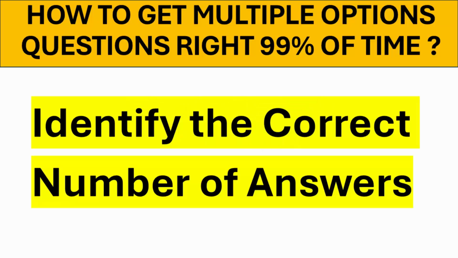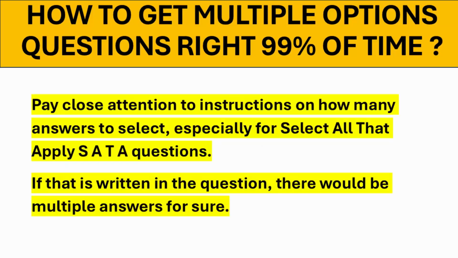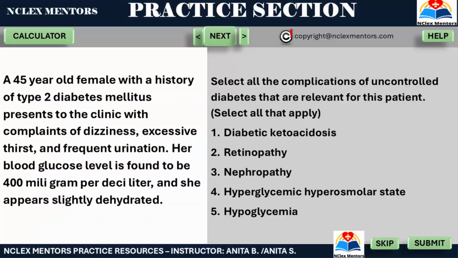Identify the correct number of answers. Pay close attention to instructions on how many answers to select, especially for select all that apply, SATA, questions. If that is written in the question, there would be multiple answers for sure. I will explain the steps to approach multiple options questions in this example, so please be focused on the